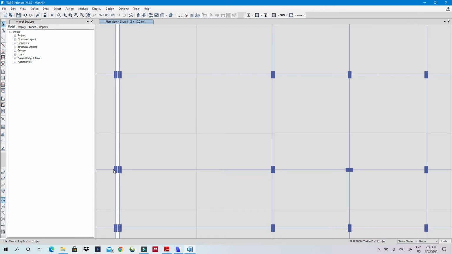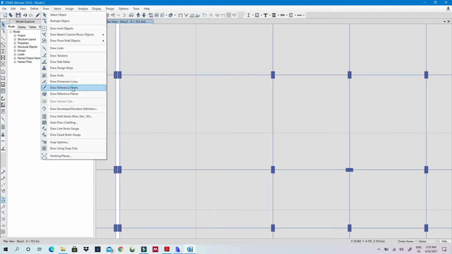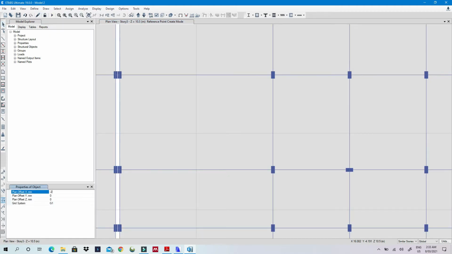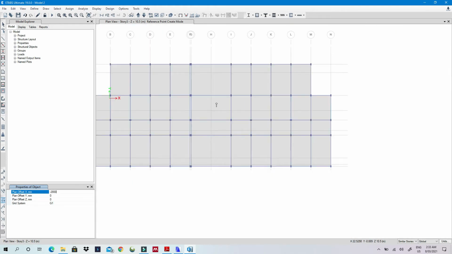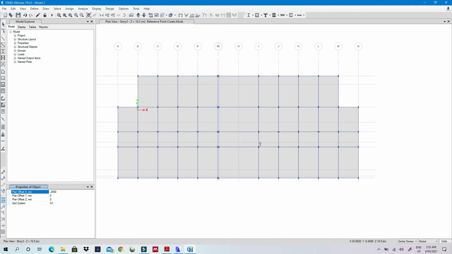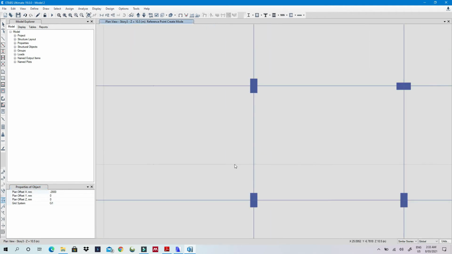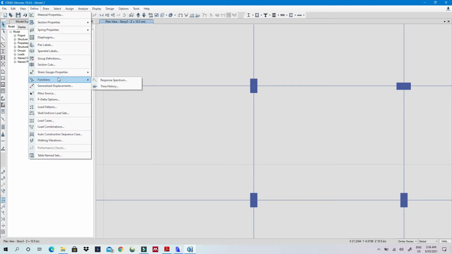Okay, and another one, draw a reference point again, minus 2800. The reference points are too small, I don't like them, to be honest. Okay, here. Okay, where is it? Okay, it's here. So right now what we need to do is define